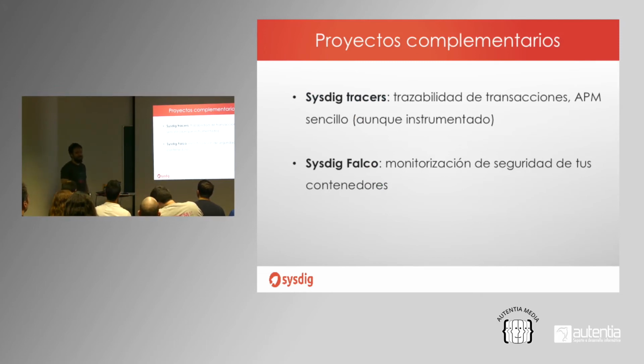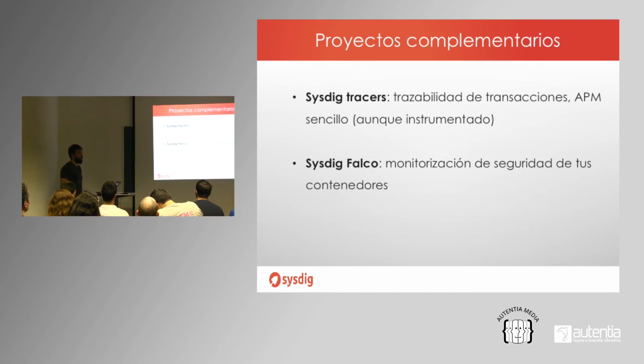In addition to all these different tools, we also have two small pet projects that I would like you to have a look at if you like all this. One is Sysdig Tracers, which allows you to annotate your code. We do kind of a small hack right into /dev/null, so you can tag when different pieces of your code are being executed and monitor latency inside your code. It's some kind of traditional APM, but very, very lightweight. And you can use it in Bash, for example. You can do all sorts of hacks.